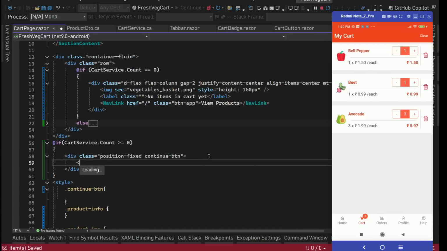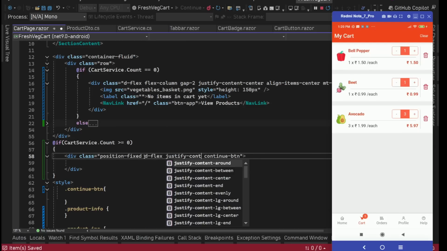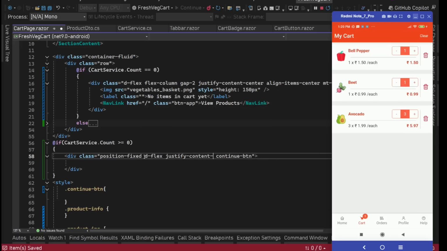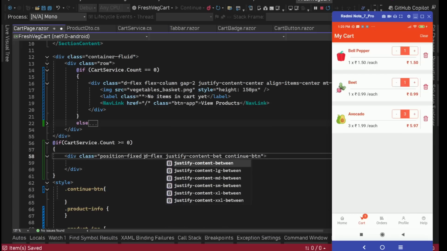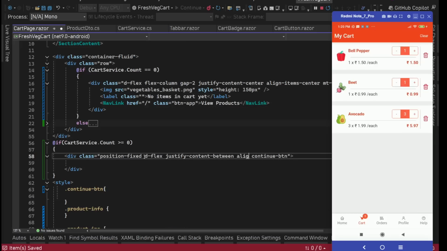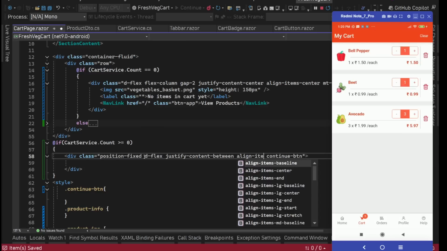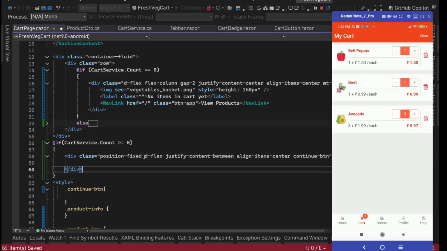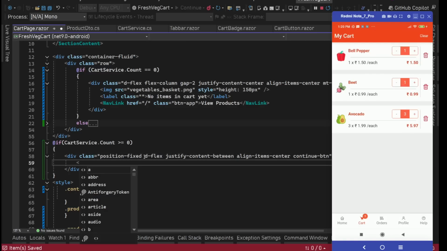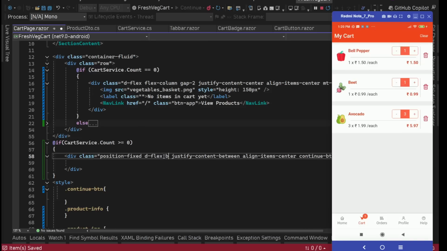Inside this, we'll have display flex, justify content between, and align items center. Then I'm going to have two parts here. First, on this position fixed, let's have bg